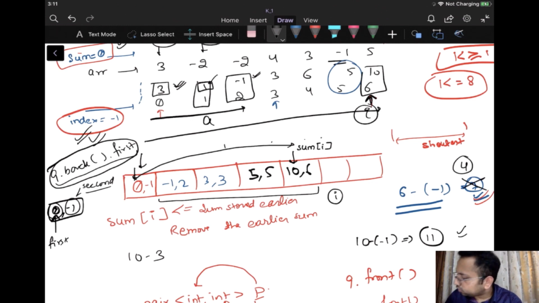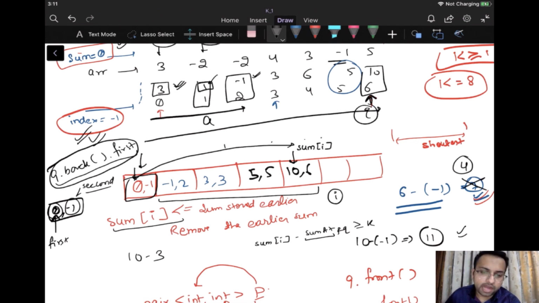If this particular sum I is smaller than minus whatever we have stored at the front of the queue, the sum at front, right? I'm writing sum at front of the queue. If this is greater than equals to k, so I should evaluate the answer. So what is the length of this particular range?